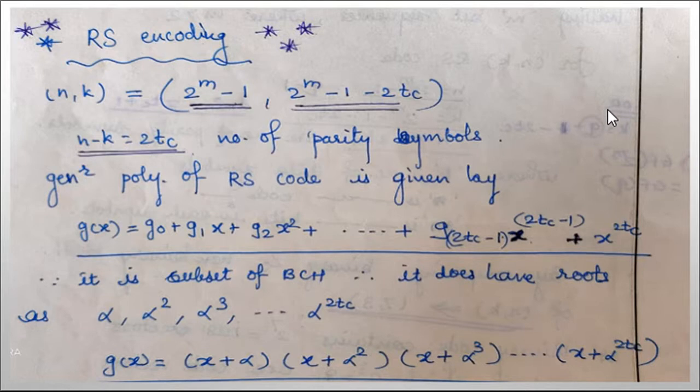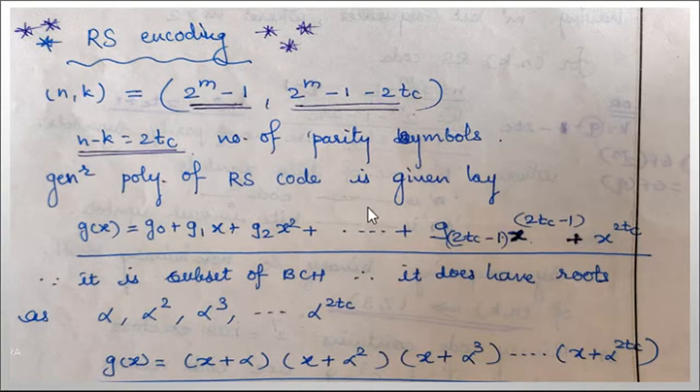So once we got the g of x, the next case is quite easier to understand. Just try to recall the cyclic code concept. In case of the systematic cyclic code, we used to obtain it by using two formats. Once we got g of x, for the non-systematic, c of x is equal to d of x into g of x. And for the systematic, c of x, that is the code polynomial or the code word, can be given as x raised to n minus k d of x plus p of x, where p of x is nothing but the remainder polynomial,